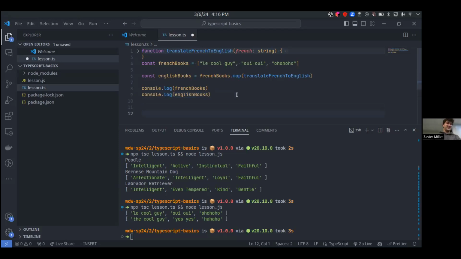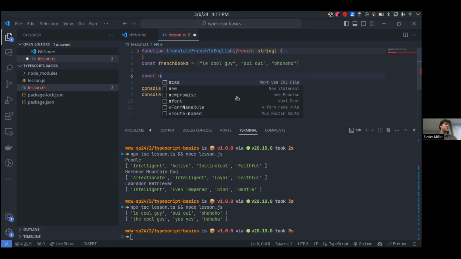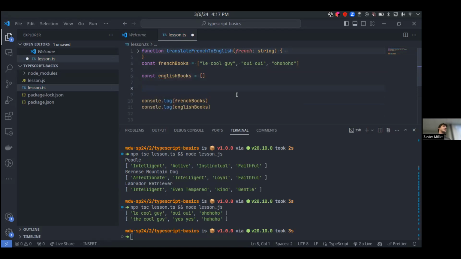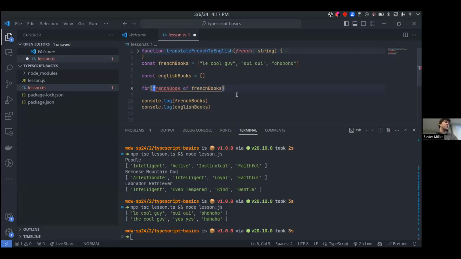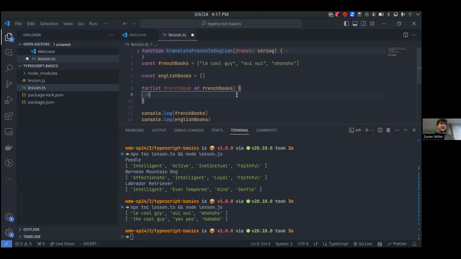Okay, let's do it. Just to really cement it, let's go ahead and look at this. So I'm going to delete my English books array and all of this stuff. Actually, I'll just delete this. And I'll say const English books is just an empty array. And so instead of using the map function, I can just do a for loop. So I'll say for French book of French books. So I'm using that for each loop, and I forgot to say let. Right? And then I can say const